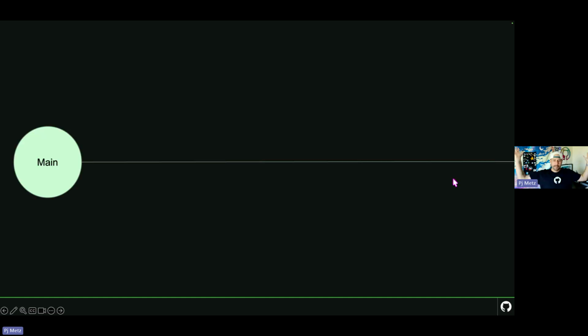Okay, first off, main branch, right? We all know at this point that the main branch is the branch that you are deploying your code from. This is the website, this is the app, this is the thing that works. From main, you can make new branches. And so from main, let's say we make branch A. That's a copy of main. Right now, main branch and branch A look exactly the same. No commits have happened, no changes have happened.